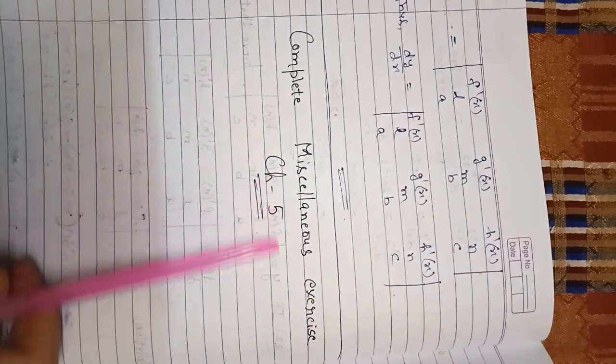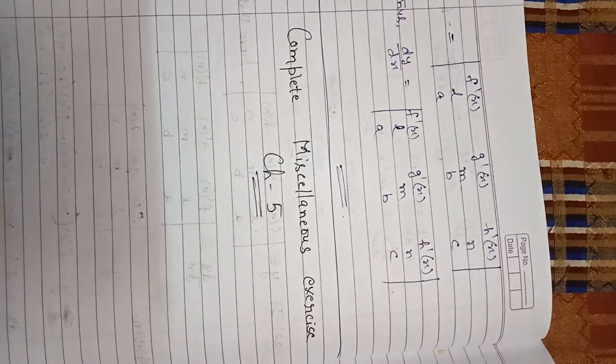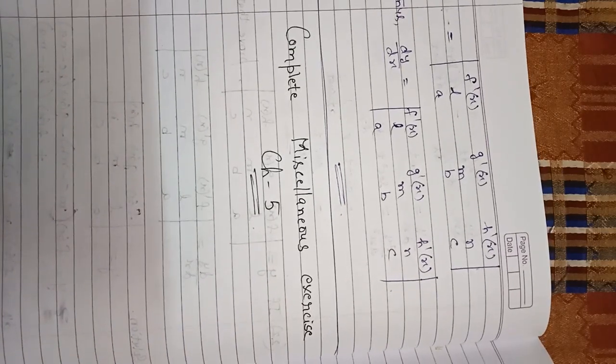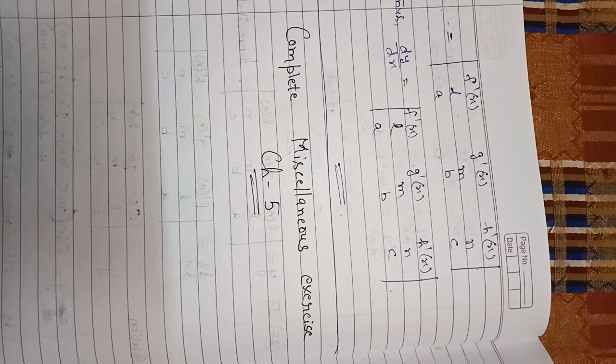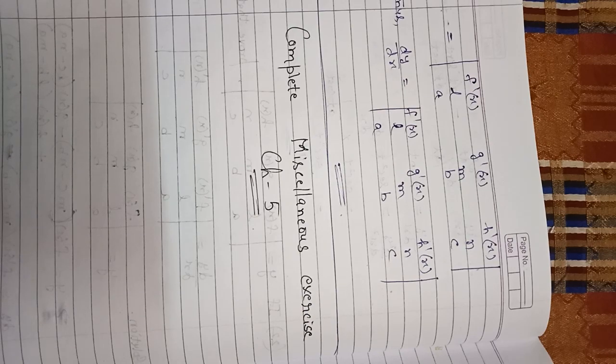So here is your homework, complete the miscellaneous exercise. This means you have to complete the whole chapter now along with your assignment and submit it on your Google Classroom. Already the link is being created over there, so submit your work over there and finish with the chapter. In the next class we will be starting with the next chapter.